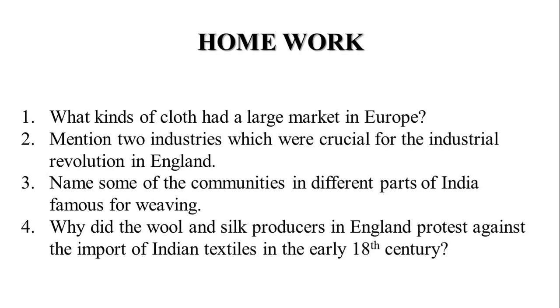And your question number 4 is, why did the wool and silk producers in England protest against the import of Indian textiles in the early 18th century? In our next module, we will discuss about the decline of Indian textiles as well as about the iron and